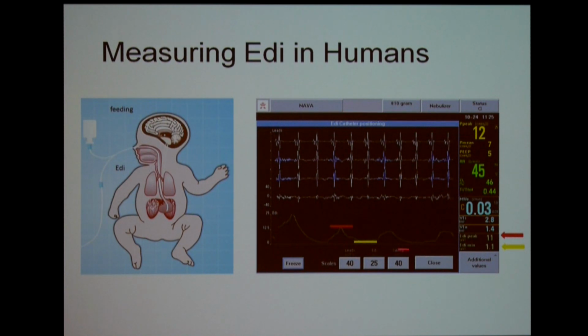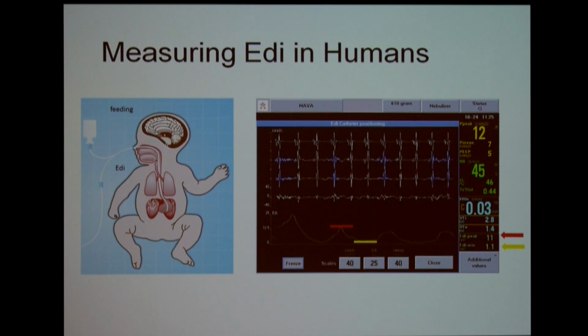And you can see here on the right an example of the leads that we have. So these miniaturized sensors on this electrode are actually an array of electrodes, and that way we can always track where the diaphragm is during inspiration. And you can see here examples of the raw EMG that is picked up on these electrodes, but you can see here there's also the ECG that we have